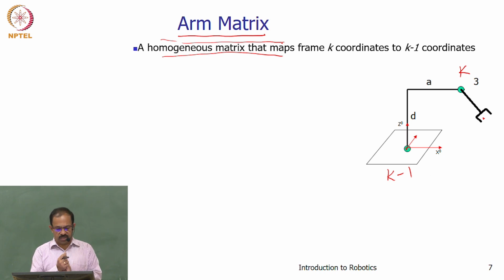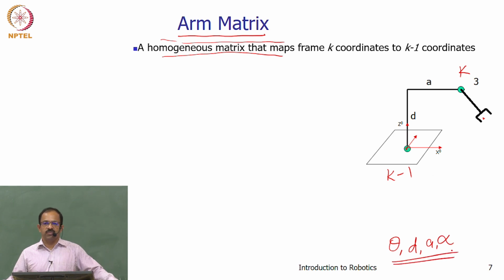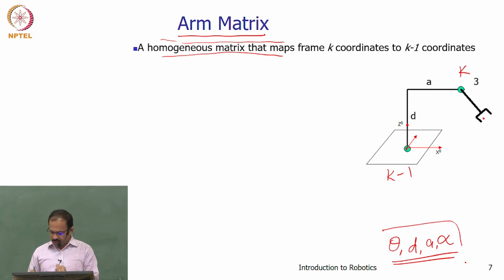that we will be using for getting the transformation. And we saw that we can use the four parameters, that is theta, d, a and alpha. These are the four parameters that are of interest between two coordinate frames. We will see how we can develop this ARM matrix using these four parameters. So assume that this is the base coordinate frame, and then you have another coordinate frame at this point given by